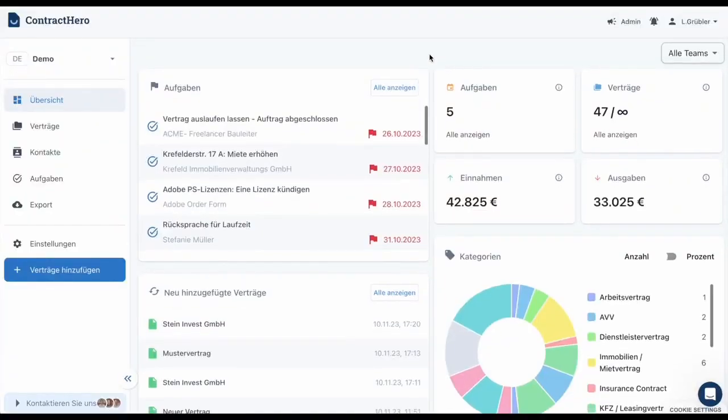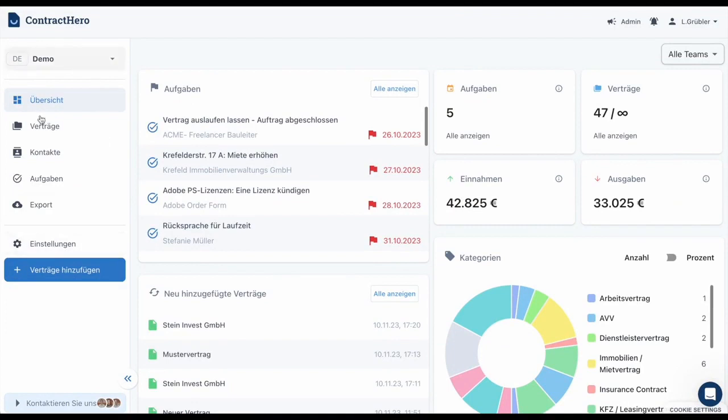As usual, we begin in the dashboard, and on the left-hand side, you will locate your menu, and here we also have this blue button for adding contracts. Our goal is to always ensure simplicity. You have 3 options available. Let's begin with the top choice, which involves adding contracts as a selection in PDF format, keeping it straightforward and